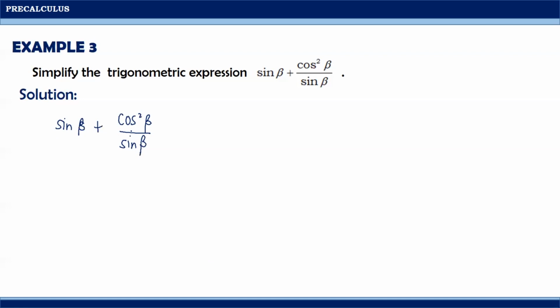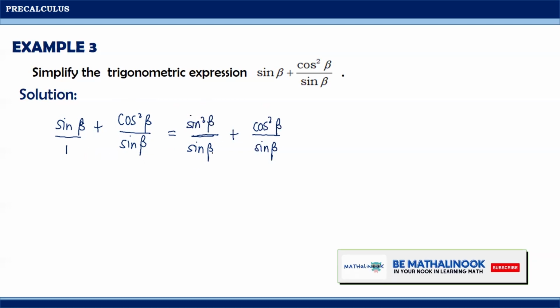When adding these two expressions here, we can actually apply the operations on fractions. Since the denominator of the first expression here is 1, then we need to have the same denominators. So we will have here sine beta and another sine beta here. But since this is already sine beta, we just simply need to copy its numerator, cosine squared beta. And since this is sine beta here and this is 1, sine beta divided by 1 is sine beta times sine beta, that would be sine squared beta.